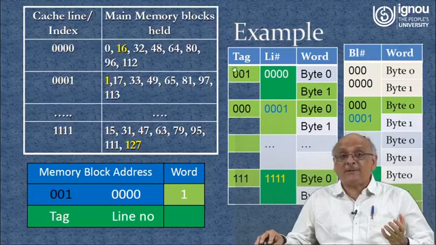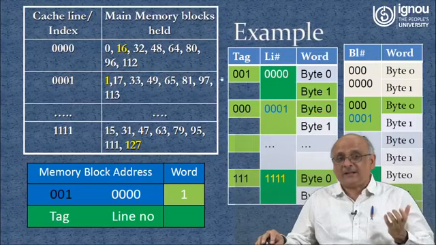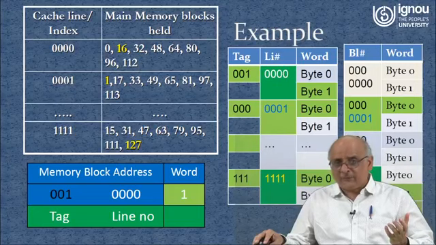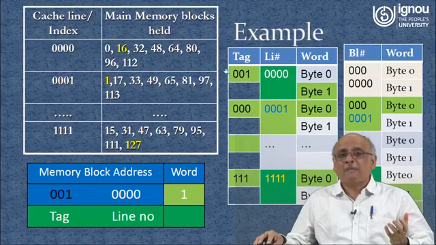But which one is residing presently? That is what the CPU wants to know. If the CPU is referring to location number 16, it will get it from the cache. But if the CPU is referring to location number 32, it will try to find it here and match with the tag number. The tag number for the 32nd location, as we said, is 010. It doesn't match. It means that main memory location 32, which will be somewhere down here, will be brought into the cache and then supplied to the CPU.